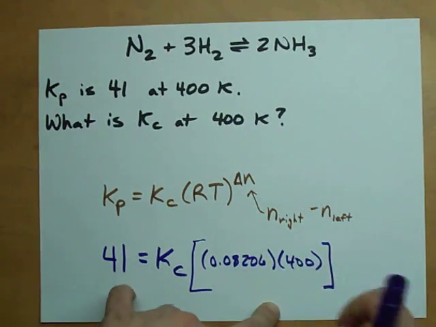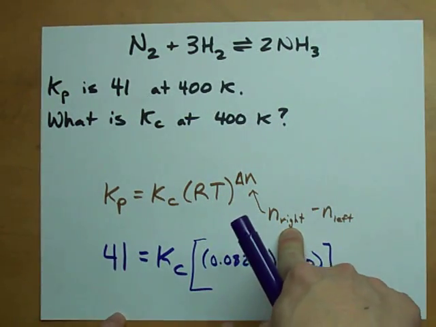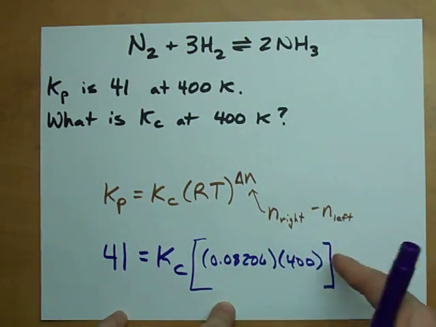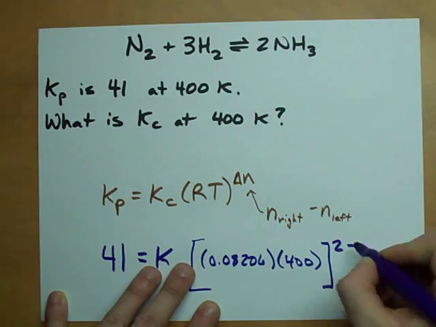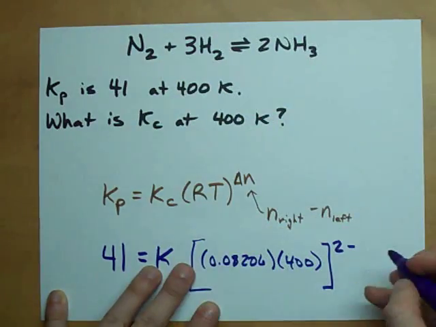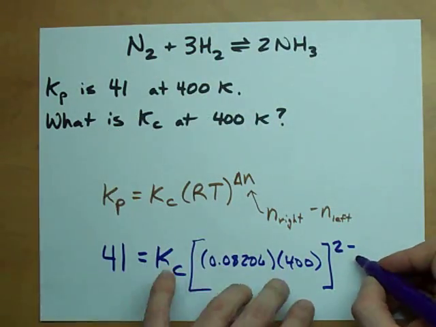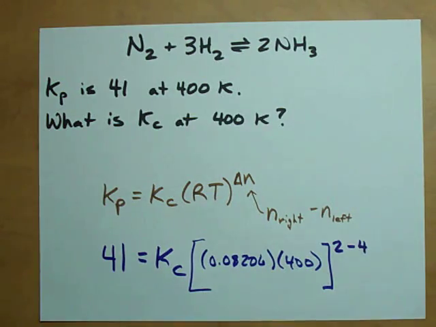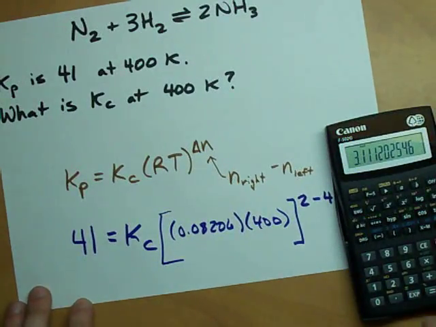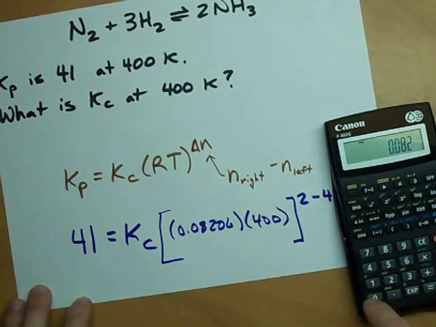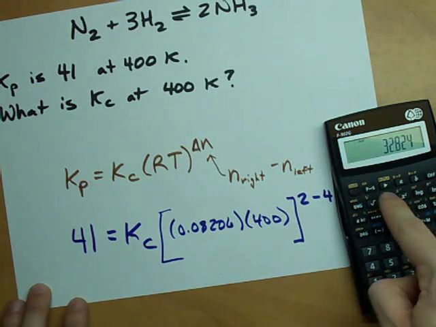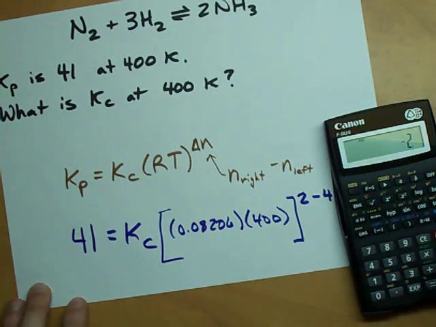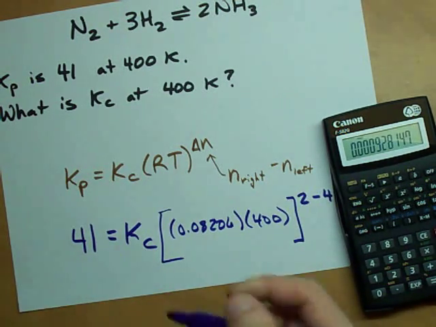And our delta N is the number of moles of gas on the right minus the number of moles of gas on the left. Well, I have 2 on the right, and I have 4 on the left, see, 1 and 3 make 4. Now I'm going to crunch this number on the calculator just so it's a little easier to handle. 0.08206 times 400 to the power of -2 turns out to be